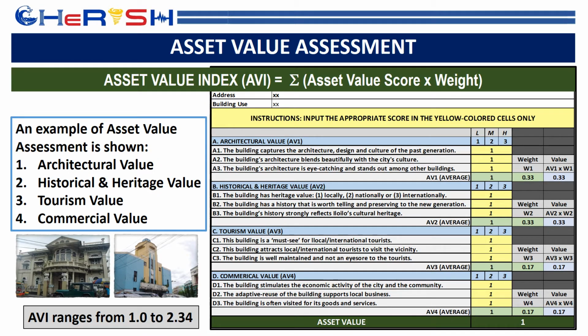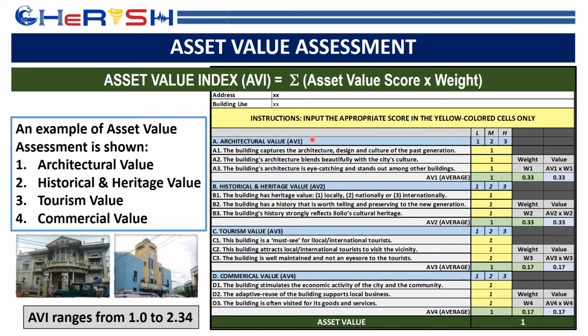This is a simple example of an asset value assessment which was implemented in the graduate research of DLSU and the undergraduate thesis of the DLSU CPU collaboration. An example of an asset value is shown wherein architectural value, historical and heritage value, tourism value, and commercial value are considered. And the value is basically qualitative, wherein a group of experts were asked to assign specific values, whether the value is low, medium, or high, on